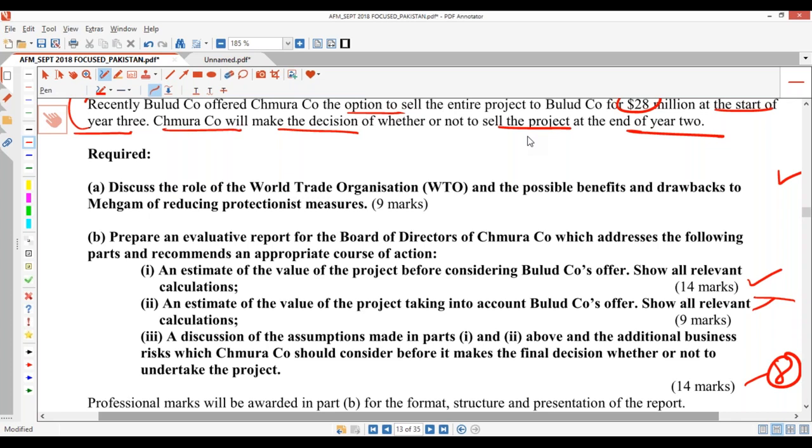There are tariff types, and non-tariff like quotas. They don't want quotas. They don't want embargo. They don't want maybe difficult customs procedures, you know, that kind of thing. Don't make it difficult for us to come in. So these are the things that GATT and WTO have been working on all this while. And WTO also could act as a forum for negotiation where there is a dispute between countries.